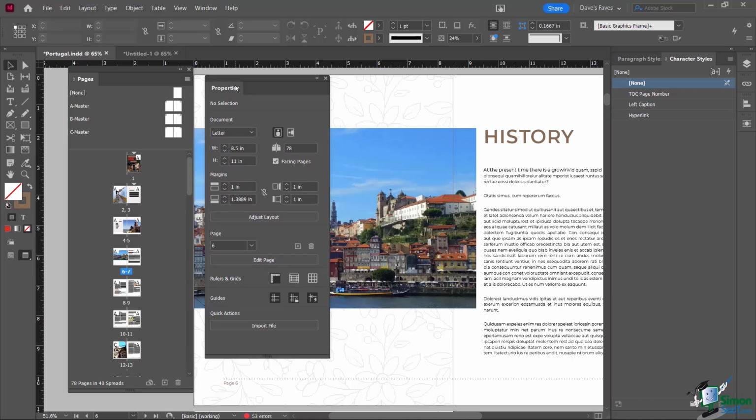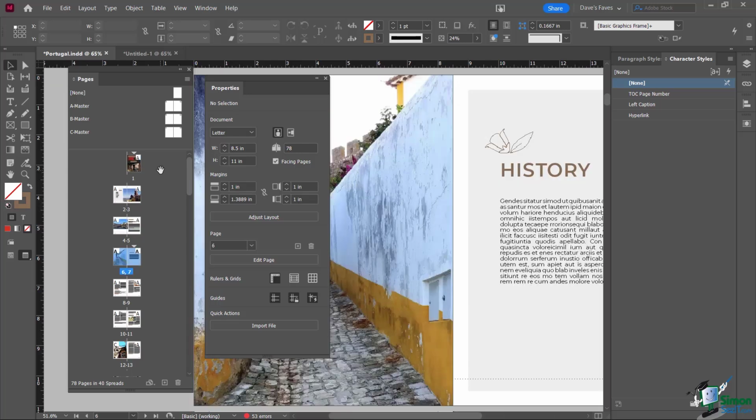And I want you to notice the Property panel says no selection. But let's just see what happens when I choose this right there. Okay, and you will notice now it gives me all kinds of information about the document. Do you see that right there? That's great. But now when I choose a page, it's going to be something a little bit different, because I'm